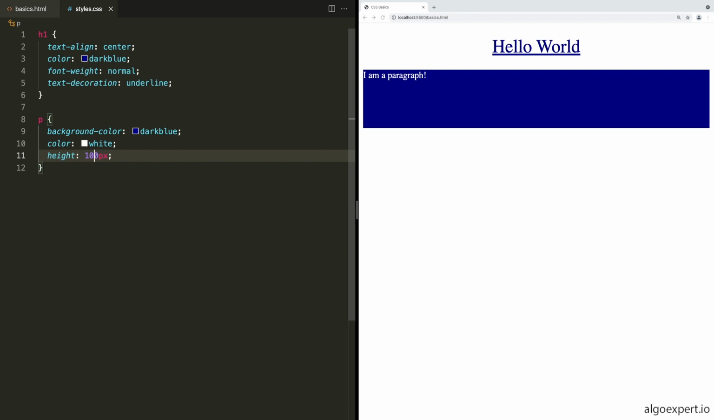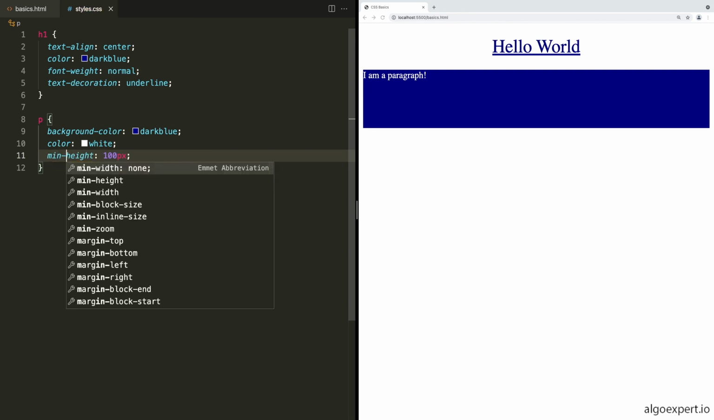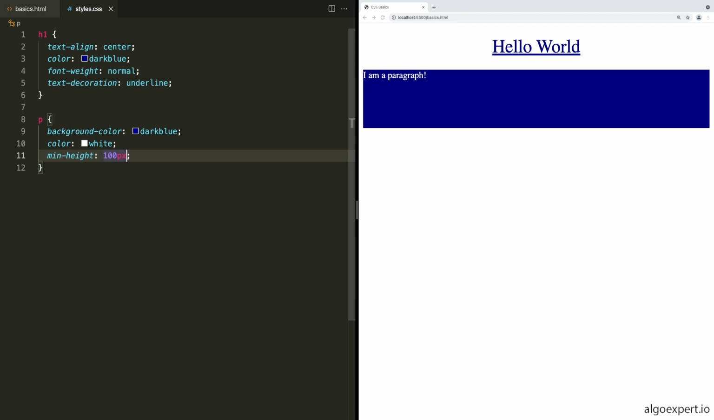But we might actually want to change this away from a height into what we call min-height. And min-height will do the same thing in this instance, but it's a little bit more accessible. The reason being it doesn't set the exact height, it just sets a minimum. So in the case the user was using a larger default font size than we were when we were building the website, this min-height will allow that paragraph to still get taller than the 100 pixels if theirs needs